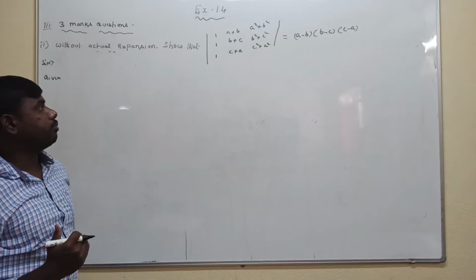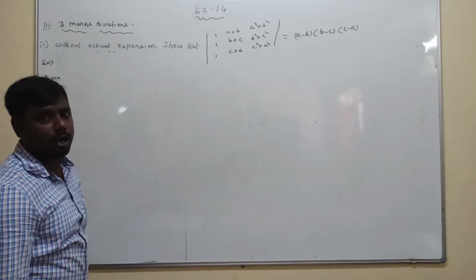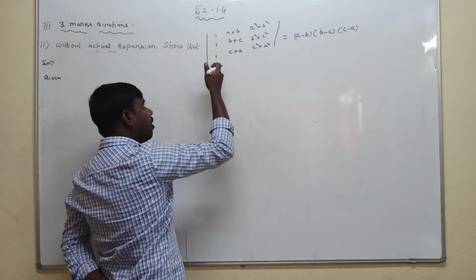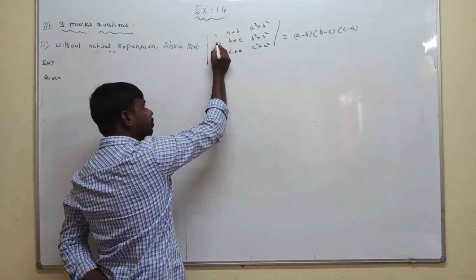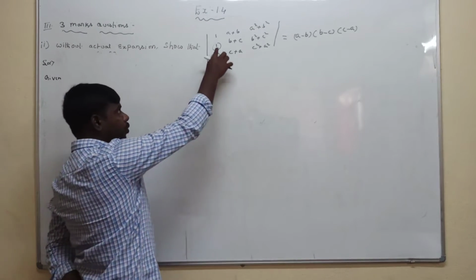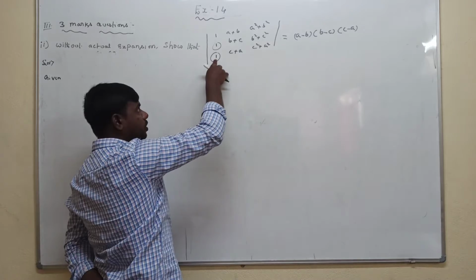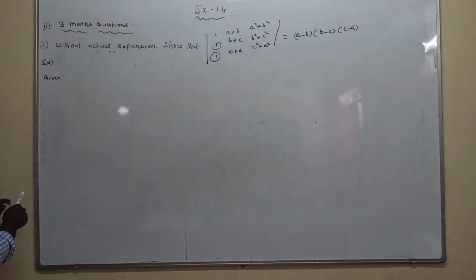First of all, we have to observe that on the left hand side, in any particular row or column, all elements are 1. In the first column, all the elements are 1. Any two ones prove that 0. We have to prove that this 0 can be taken with the help of the first row. So see the solution here, friends. Same thing only.